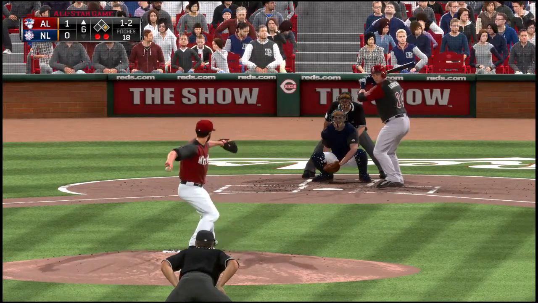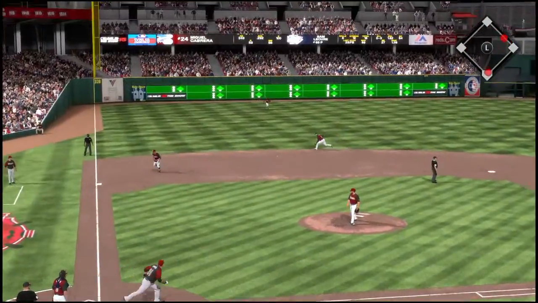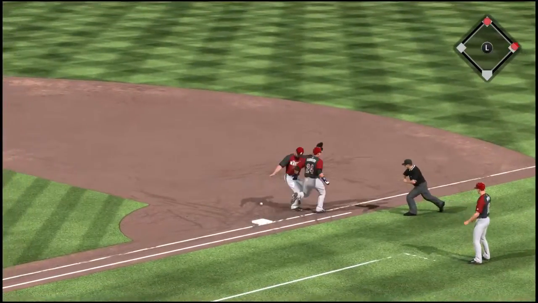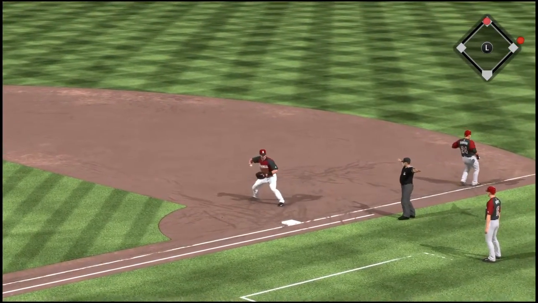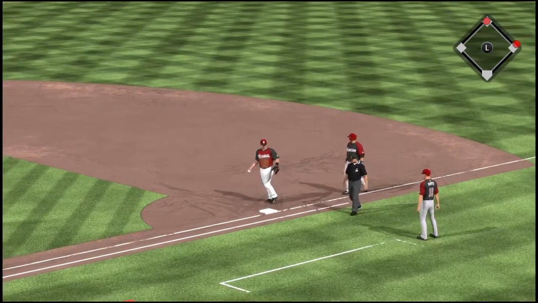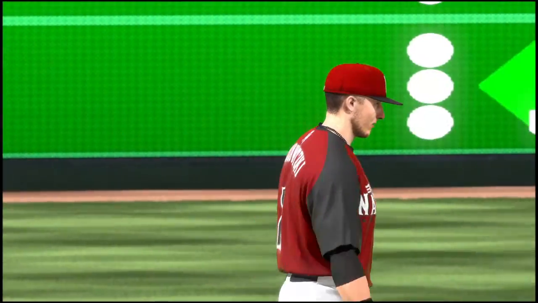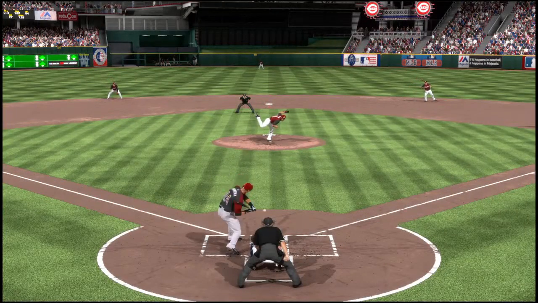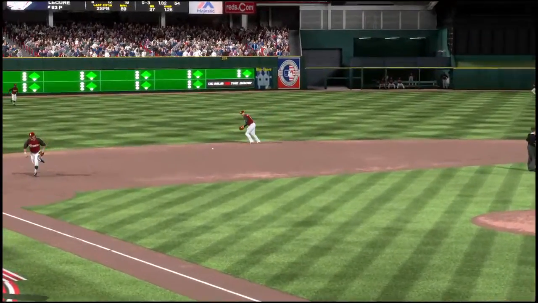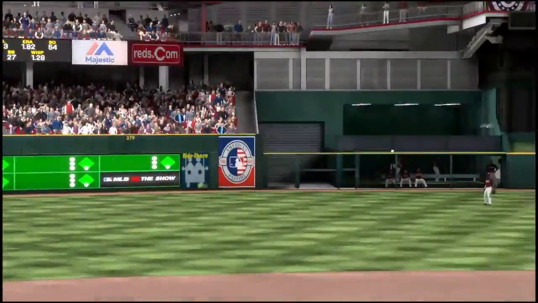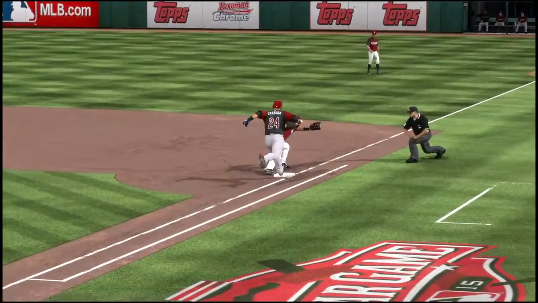Now the 1-2. And this is hit sharply on the ground toward the hole. And now against his body, a jump throw. And the throw will not be in time, as I don't think he was going to get him anyway, but a fine effort nonetheless. Well, this would have taken a superhuman effort right here, deep in the hole. You see, he doesn't have time to plant himself, so he just leaps into the air, fires it across the diamond. Just a great effort, but this was always going to be a base hit.